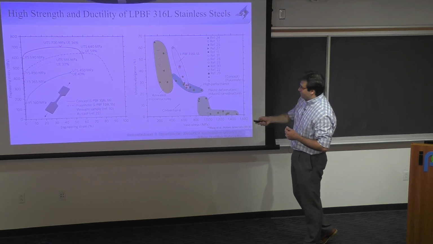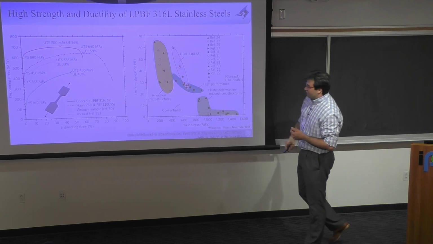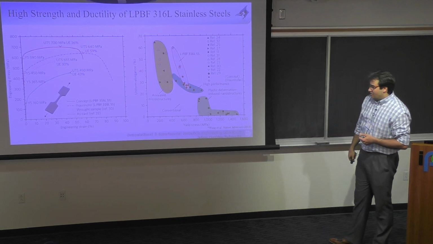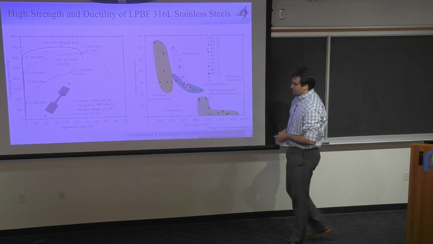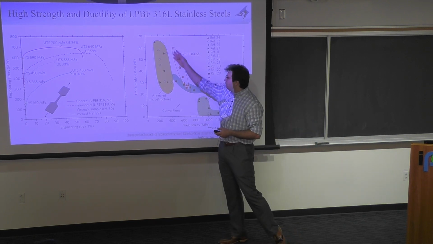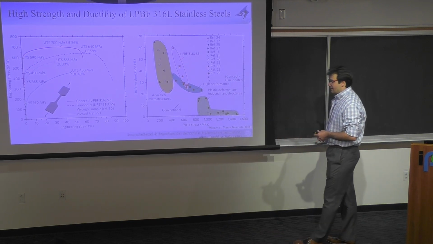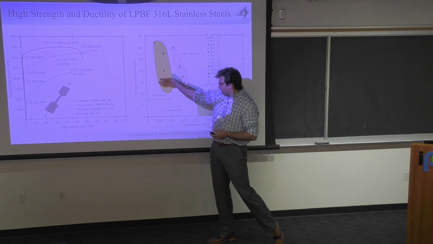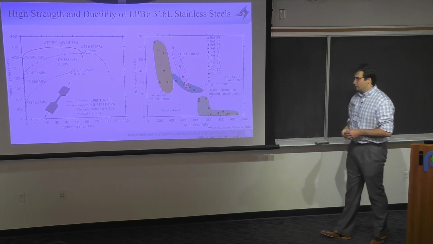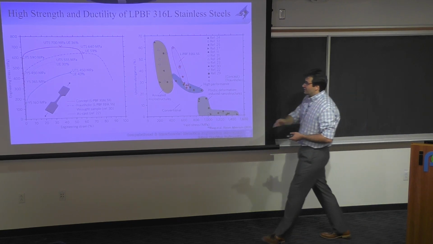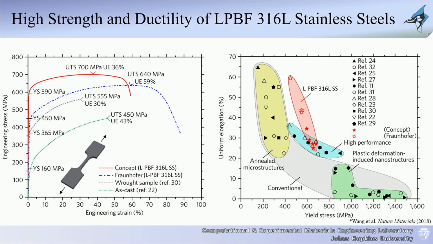So this is, again, a representation of these types of experiment, but representing here the uniform elongation versus the yield strength or the yield stress of that material, comparing samples that were generated using this additive manufacturing technique versus those that have been conventionally developed as we've been doing over the last few decades. And clearly you see, if you're trying to improve a material, you want the yield strength to increase and the elongation to increase, and you can see that that pops up suddenly for whatever reason, these materials actually have a lot more elongation and can achieve higher strengths.